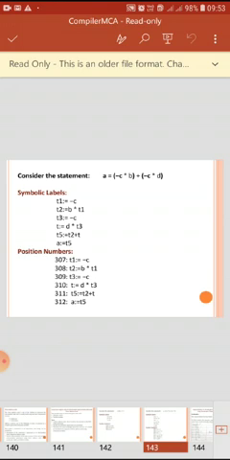Similarly, t3 equals minus c, and d into t3 is stored in another temporary variable, that is t. I think I was supposed to make it t4, however it doesn't make any difference, so I have used another temporary variable, t. Similarly, t5 is nothing but t2 plus t. What is t2? t2 is b into t1, t1 is minus c, and t is d into t3. Finally, this entire t5, which is nothing but minus c into b plus minus c into d, is assigned to the variable a, which is there in the original statement.